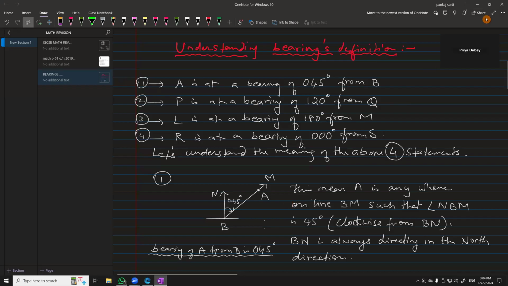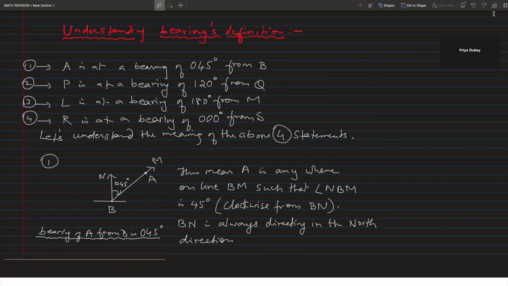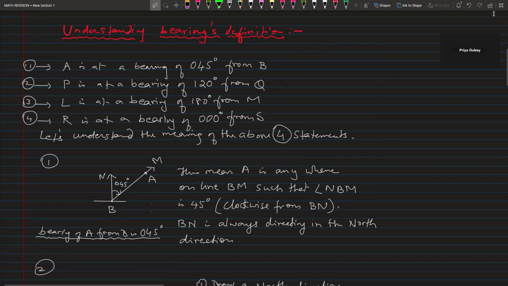I'll take you to the screen. And here we go. Now, as decided, today I want to clear this bearing topic, which is very important. Many times bearing becomes difficult for students because they don't understand the basics. If you don't know the basics, then bearing is applied in the problems